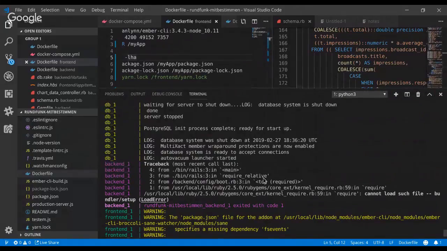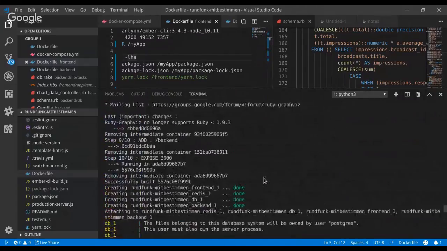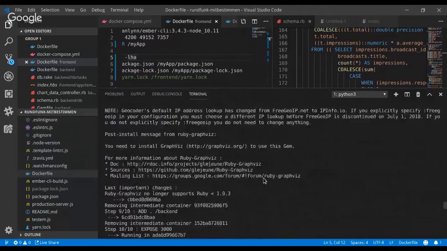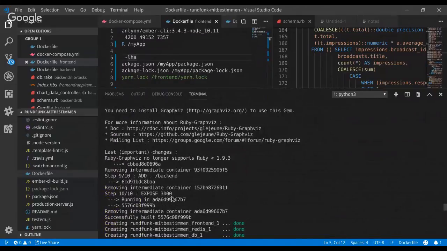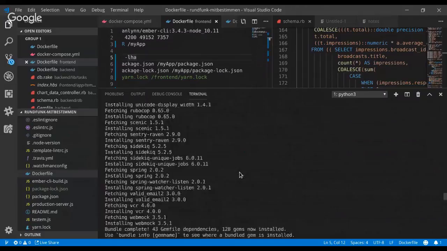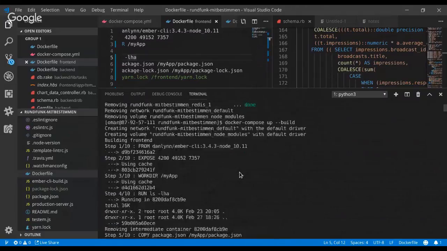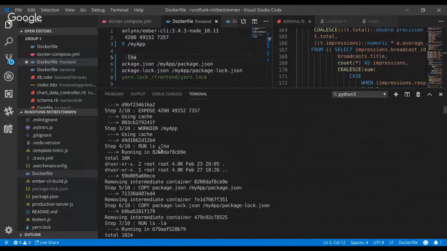Like that. So if you scroll up to the point where you have the builds, then you see sometimes running in and then a strange looking ID. Yeah. And you can copy that and you can go back to that state. So for example, you could go into the front end container and go to the step just before you're installing the dependencies. For example,